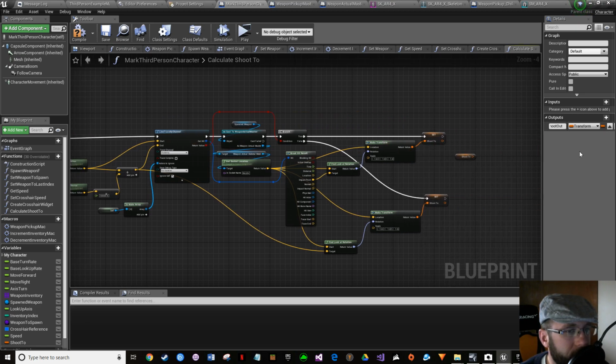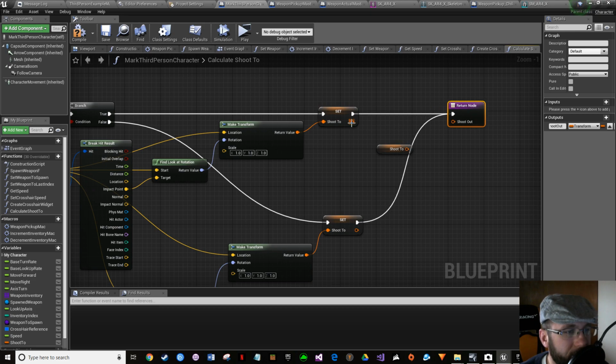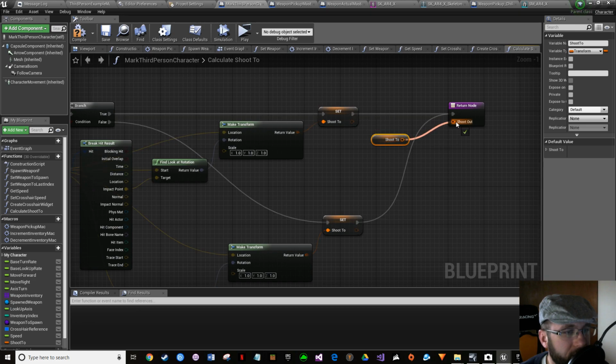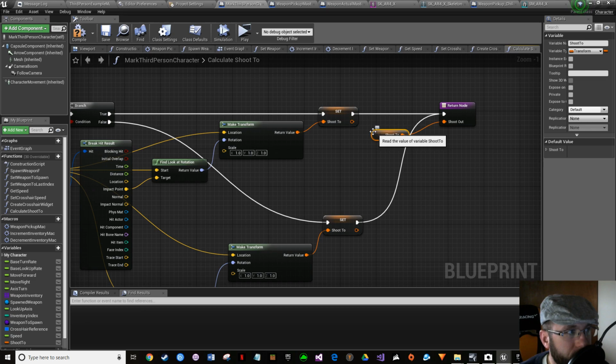There it is, shoot out, shoot output. That's all I'm saying. Connect this node up here, connect this node up here, and this would be an area where you couldn't connect both of these up to here. So you're just gonna drag this into here just like that, and then there you've calculated your shoot to information. So compile, save, file, save all,